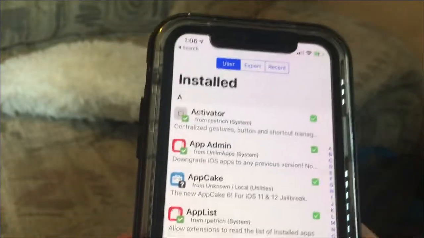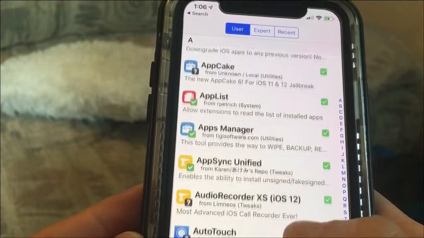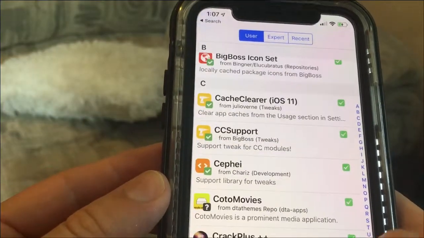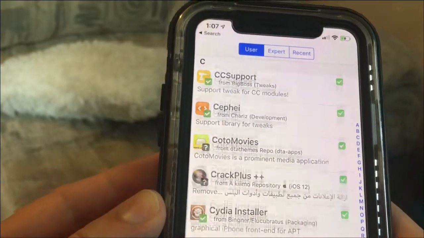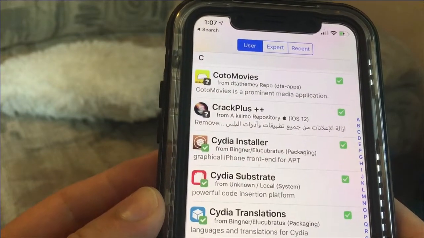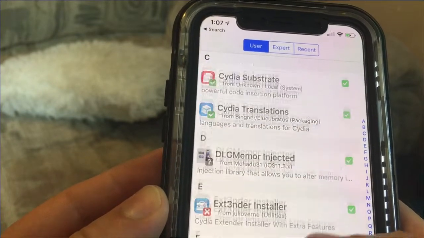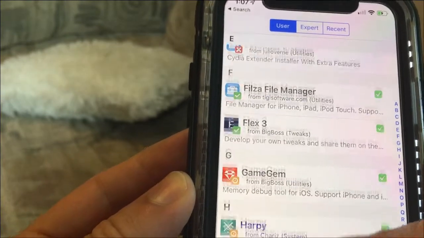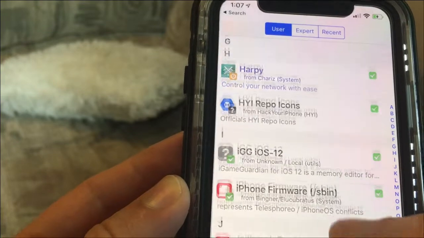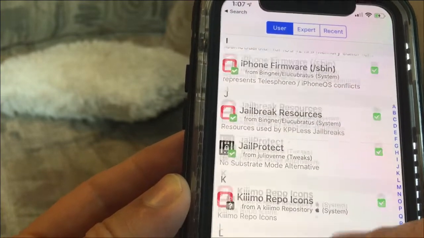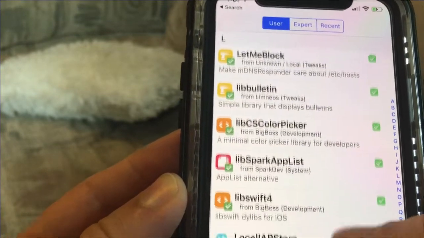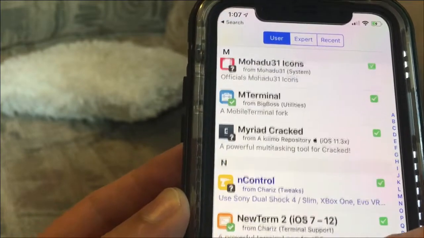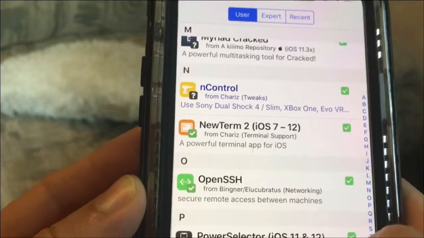I have Activator, Admin, App Cake, App List, Apps Manager, AppSync, Auto Recorder, Auto Touch, Catch Cleaner, CC Support, Coda Movies, Crack Plus, Cydia Installer, Cydia Substrate, Cydia Installations, DLG, Memer Injected, Extender Installer, Files Up, File Manager, Flex 3, Game Jam, Heartbeat, iGame Guardian, Jail Protect, Let Me Block, Local IP Store, MediaBots, mTerminal, MyRaid Correct, End Control,